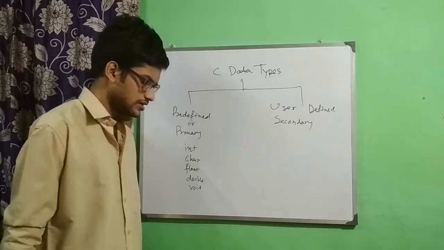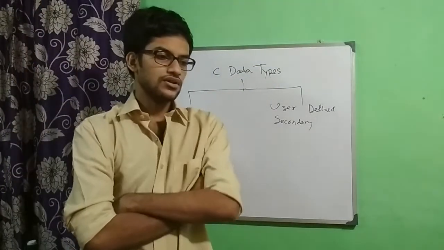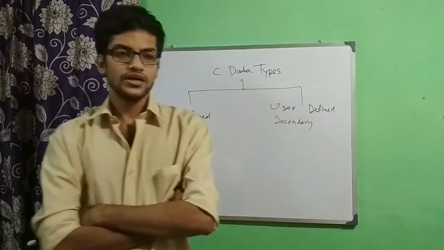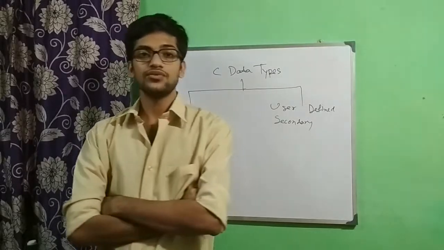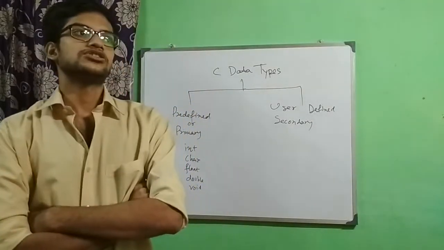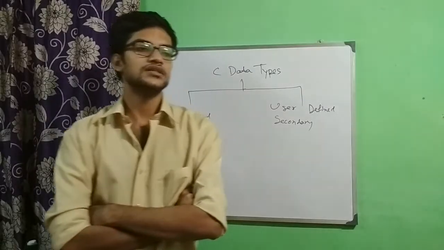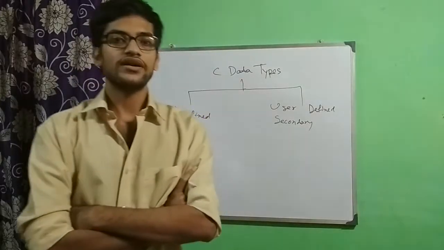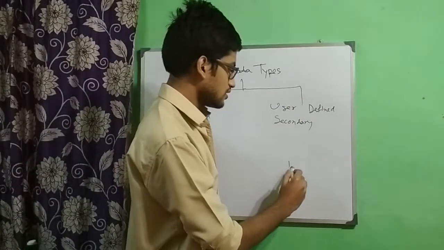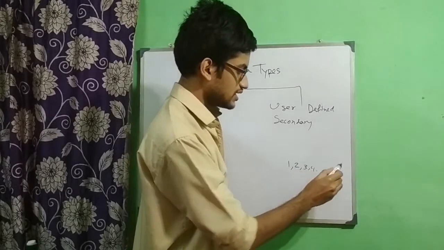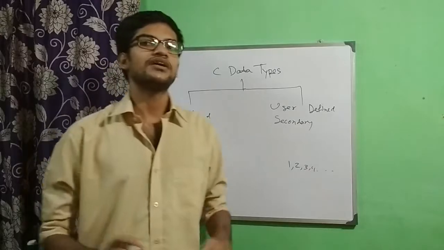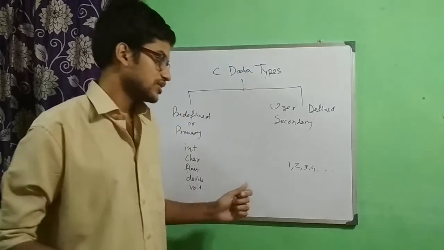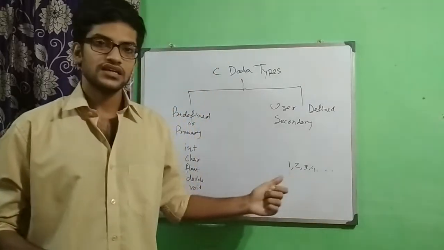So what is an integer? Before knowing what an integer is, you will need to recall a little mathematics. When we are working with numbers, we were told that there are a few types of numbers. The first one is the counting number or natural number, which starts from 1 and goes 2, 3, 4, and it continues. Whenever you count something, you count from 1, not from 0. So when you count from 1, that is the natural number or counting number.